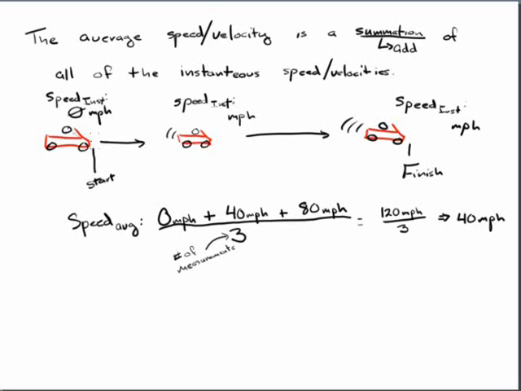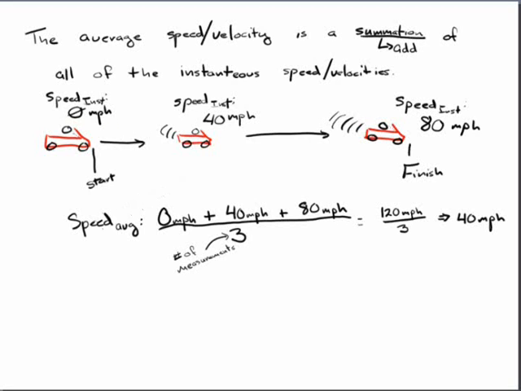So I put my foot on the gas, and after a little while, vroom, vroom, vroom, I'm traveling 40 miles per hour because my speedometer tells me so. That is an instantaneous speed. But then, sometime later, vroom, vroom, vroom, I'm traveling 80 miles per hour, and I can tell that because I look at my speedometer once again, and I'm crossing the finish line. So I have 3 unique